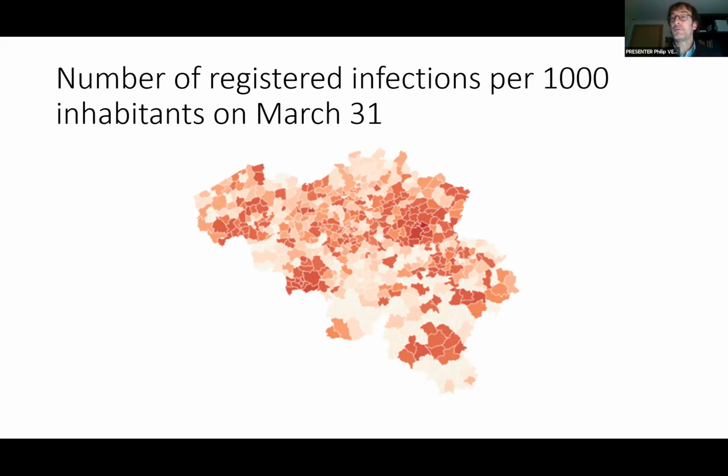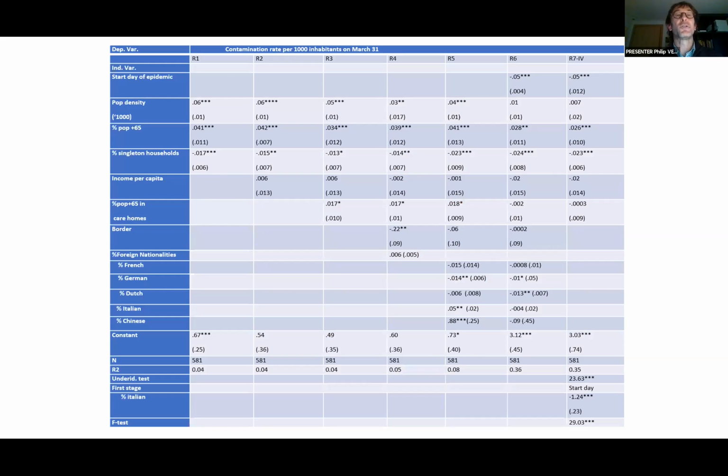In March and April, the virus was really clustered. You had very few municipalities that were highly contaminated, and you also had municipalities where the infection rate was very low. This was a very different picture than what we have today. So this is on March 31st. I do this regression analysis also with the same variables that I said. And in the interest of time, I'm also going to look at regression number 6, which is the last